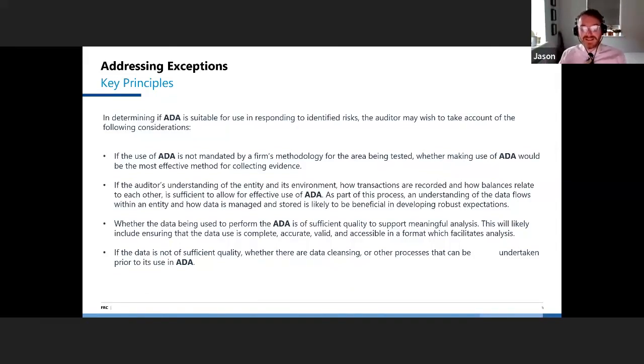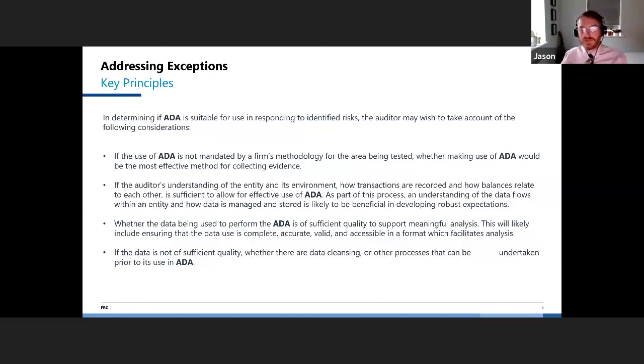So if the auditor's understanding of the entity and environment are recorded and how balances relate, is it sufficient? I think that is a really good question. So how do you determine if your knowledge of the client is sufficient? And what's a good way to determine if you've missed anything out from that? I think one of the big ways of determining if your understanding is sufficient is what year audit is it? One thing that we found very interesting is that in the first year of an audit, that second bullet point was way, way harder to determine if they've got a proper understanding or not, because they didn't have that kind of institutional experience recorded in the audit files